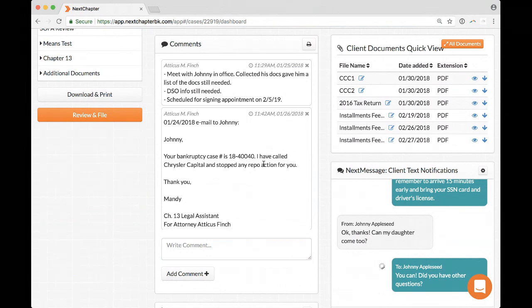This gets utilized in many different ways. Some, it's just kind of like a little notepad as I'm meeting with the client. I can say what we talked about, what information is still needed, and then I scheduled the signing appointment on this date. Any information that you want to jot down that you don't want to be stored somewhere not on the cloud, somewhere that no one else has access to but yourself,